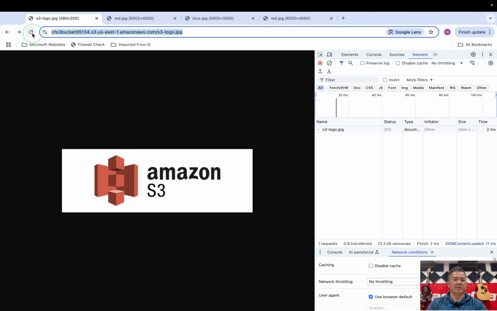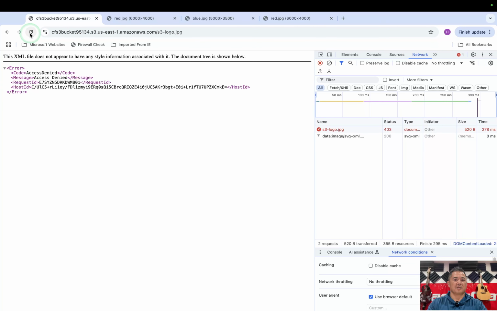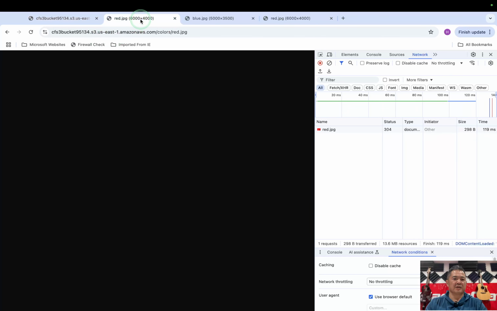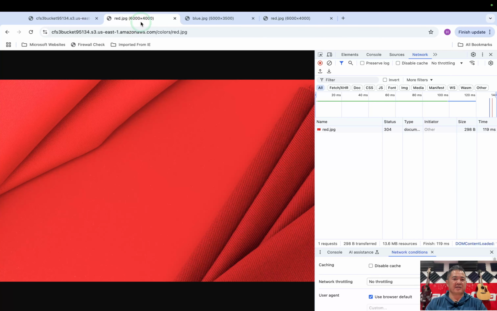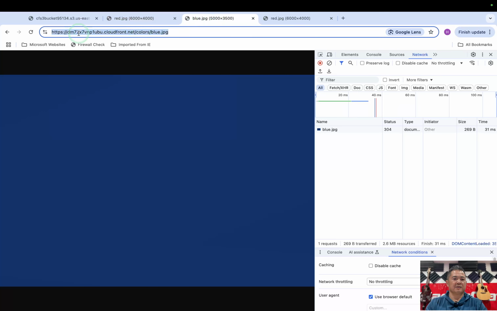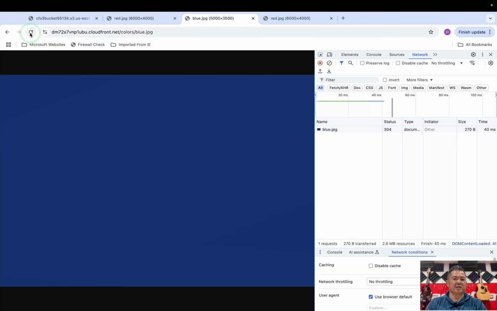And if I hit refresh, I shouldn't have access directly to the S3, right? But what about through CloudFront? Should I have access through the CloudFront? Here's my CloudFront distribution, cloudfront.net. If I hit refresh, yes, I do have access to the CloudFront,